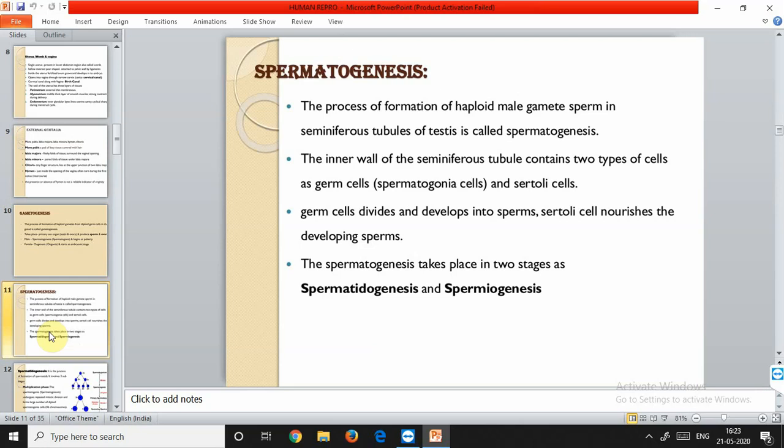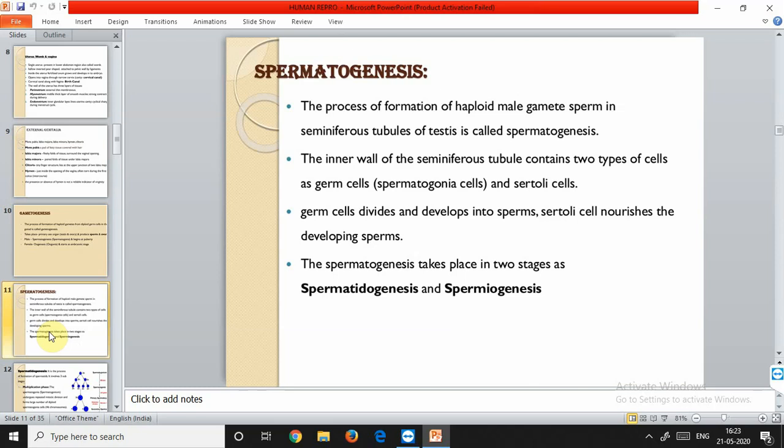Now, the testes are present inside the dorsal body wall, and are connected by the mesorchium. The testes are divided into many tubules or coiled structures. These are called the seminiferous tubules, and they are lined by germinal epithelium, called the primary germ cells. There are also some supportive nutritive tissues, and these cells provide nourishment to the growing spermatids.